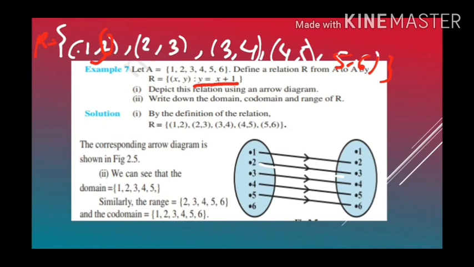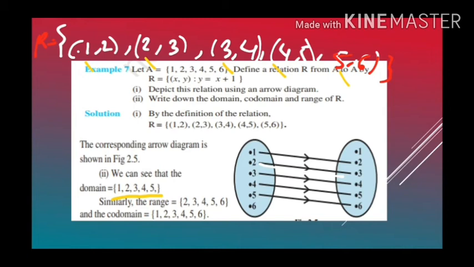Now what will be the domain of this relation? I told you domain is the collection of first elements, and the first elements are 1, 2, 3, 4 and 5. So domain will be 1, 2, 3, 4, 5.